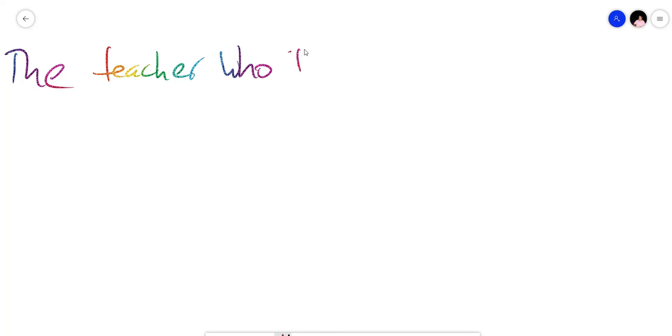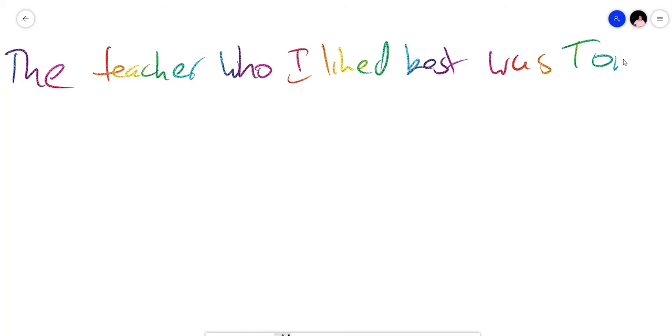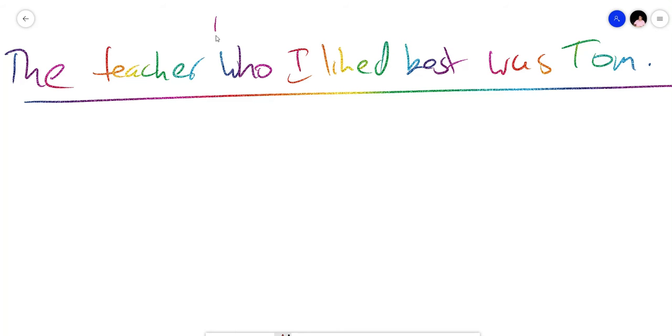Relative clauses today. Let me give you an example and hopefully it'll make sense for you. So let's give you an example of a defining relative clause. First, the teacher who I liked best was Tom. So the relative clause, the defining relative clause, starts here. It ends here. Right, so this is called a